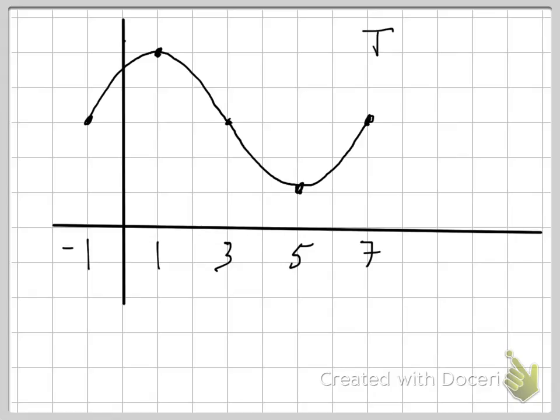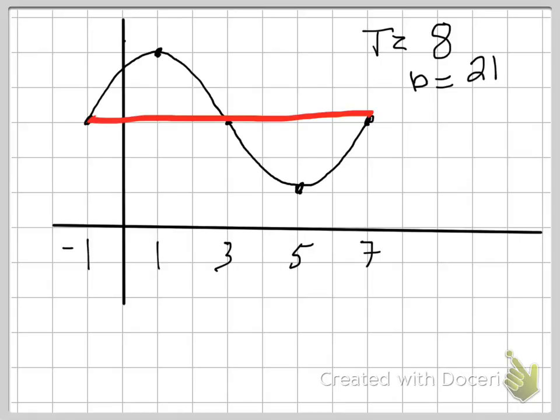The period for this thing is the distance from here to there. The period is 8. 7 minus negative 1 is 8. Now, the thing to remember is that constant b, or the omega that I call it sometimes, is equal to 2 pi over 8. Or this is pi over 4. Okay? Now,